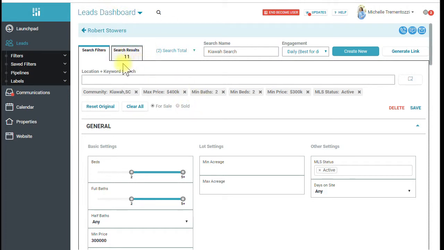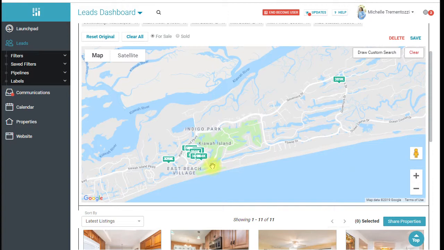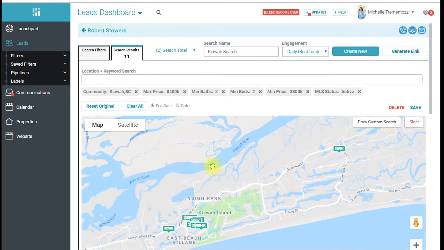But because no new properties have popped up in the market, he has not received any emails from us. What this is going to do is allow us to force the system to send him properties. So these 11 were on the market whenever we created the search 2 days ago. They're still on the market today. So what we're going to do now that we're in the search that we want to see the properties to